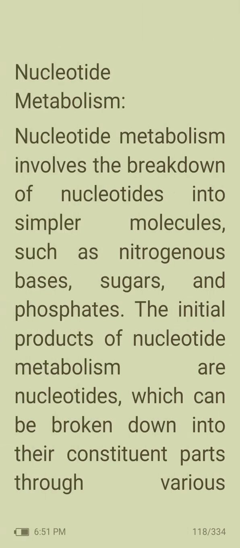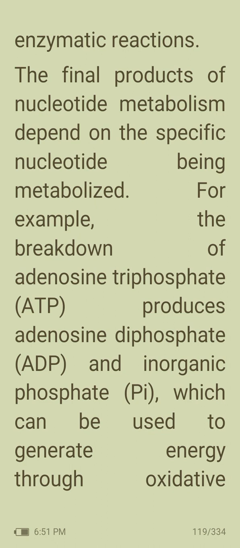Then nucleotide metabolism. Nucleotide metabolism involves the breakdown of nucleotides into simpler molecules such as nitrogenous bases, sugars, and phosphates. The initial products of nucleotide metabolism are nucleotides, which can be broken down into their constituent parts through various enzymatic reactions. The final products of nucleotide metabolism depend on the specific nucleotide being metabolized. For example, the breakdown of adenosine triphosphate produces adenosine diphosphate and inorganic phosphate, which can be used to generate energy